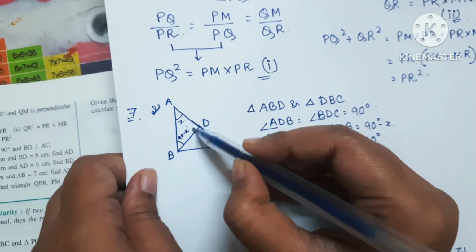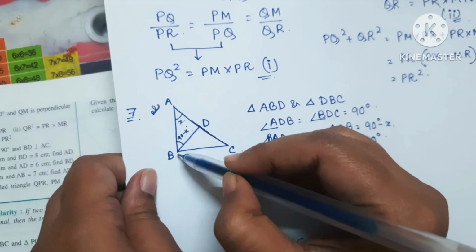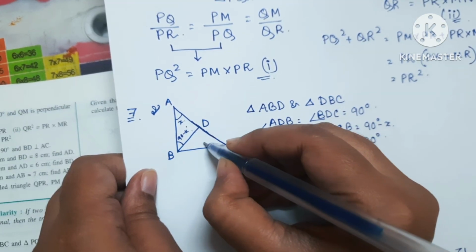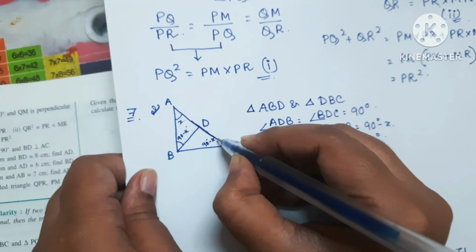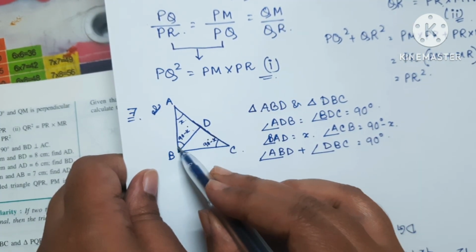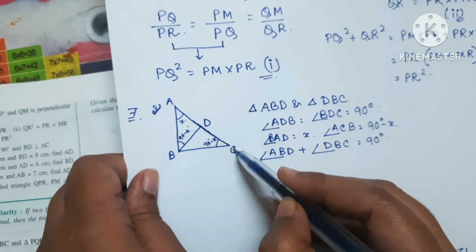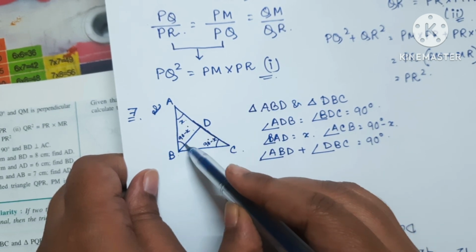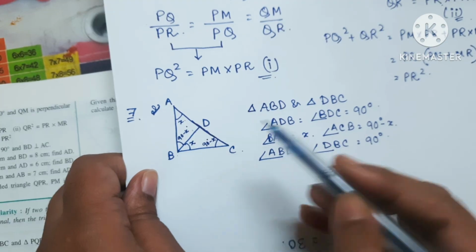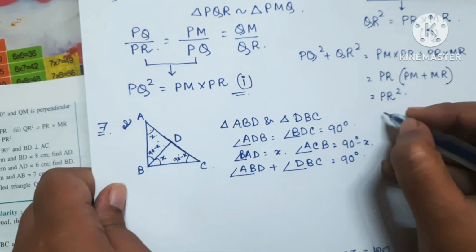Right? Because this is 90. And if this is X, since the bigger one is a right angle triangle and this is 90, this will be 90 minus X. Right? This angle C, so C and B are equal. And in triangle BDC, if this is 90 minus X, then this will be X. Right? So that means angle